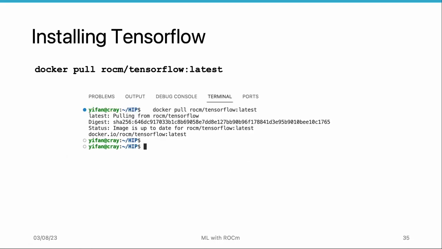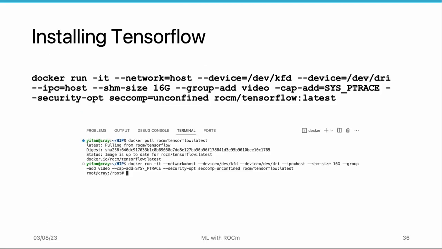To begin working with TensorFlow on ROCm, our initial step involves installing TensorFlow by pulling the respective Docker image. Similar to PyTorch, we can pull the TensorFlow Docker image for ROCm by executing the command docker pull rocm/tensorflow:latest. After pulling the image, we can run the container using the command from the slide. This command launches the container with the specified configurations, allowing you to interact with the TensorFlow environment provided by the